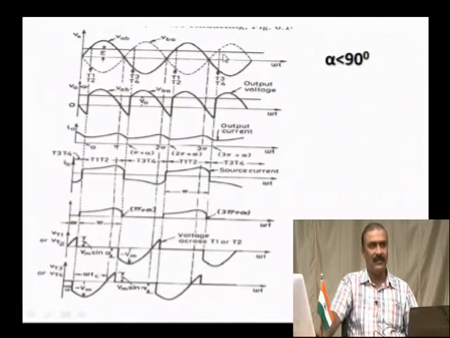Now, this waveform is drawn for firing angle alpha less than 90 degrees. So, in this diagram, if you get this in the examination, you have to write alpha less than 90 degree, this waveform and this waveform, and you can explain. In order to understand the operation of the circuit, this is helpful. Of course, you need not write the voltage across the thyristors. For a diploma level student, we do not expect these things. Even if you write, no problem, it is well appreciated. If you have understood, definitely write this.